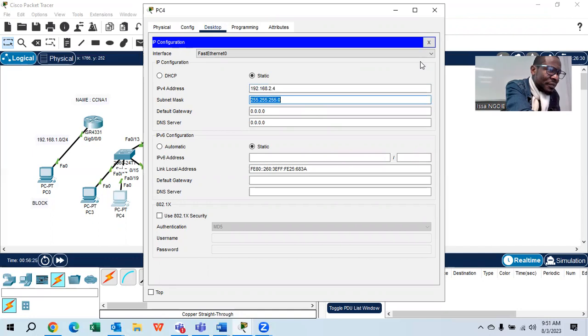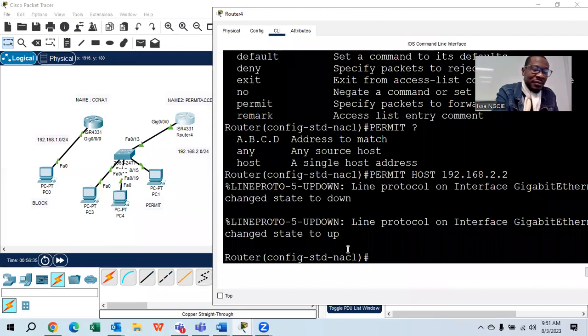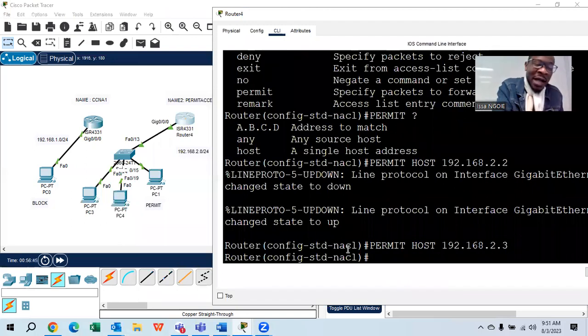192.168.3.4, 192.168.2.1, right? Suppose you have these 3 computers. When you are here, you are going to say what? Because there is another host you want to permit, you're going to just say what? 3, right? When you are done, there is another one. You're going to say what? 4, right? And when you are done,